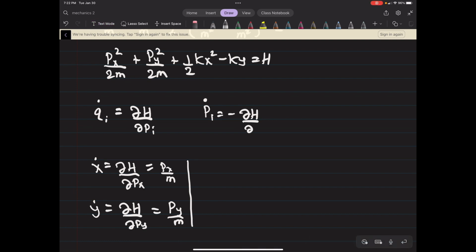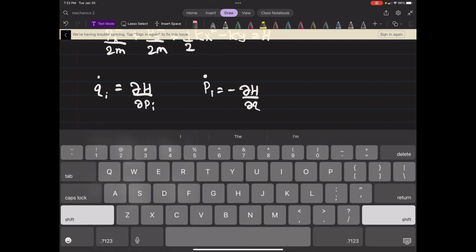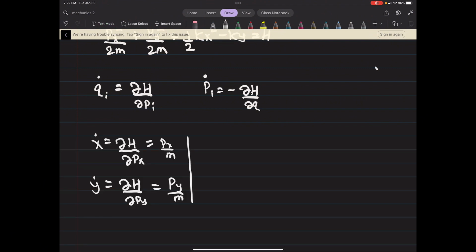If it'll let me. I wish there was a way to just turn text mode off, to be honest with you, because I never use it except to occasionally title some of the stuff I'm working on. Anyways, so